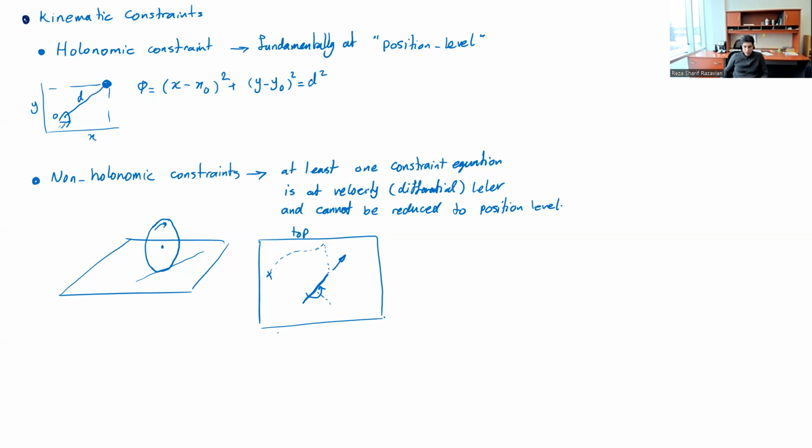And if you want to mathematically write that, so this is again a wheel, and I'm looking at maybe the XY plane. In principle, if the wheel isn't active, this body can go in either X and Y direction. So it can have Vx and Vy. But the property of the wheel is that the actual velocity is only going to be along the direction. So if this is V,